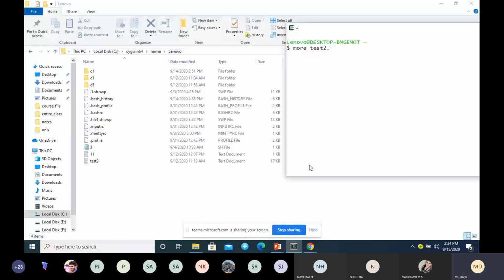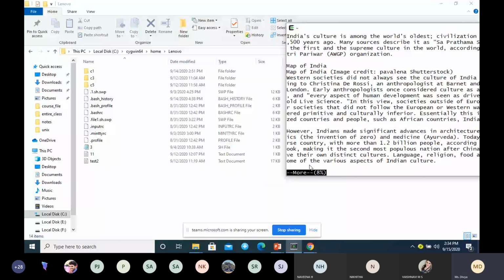So to move forward, what should I do if I want to move forward one page?